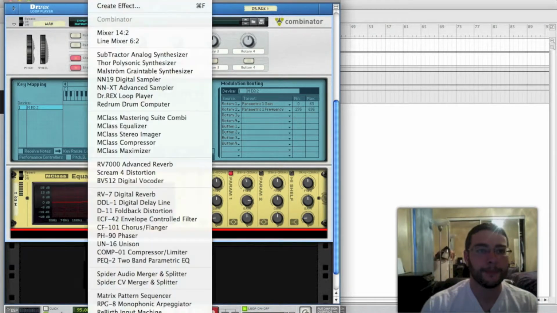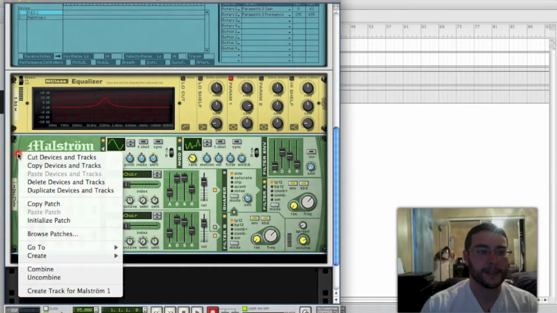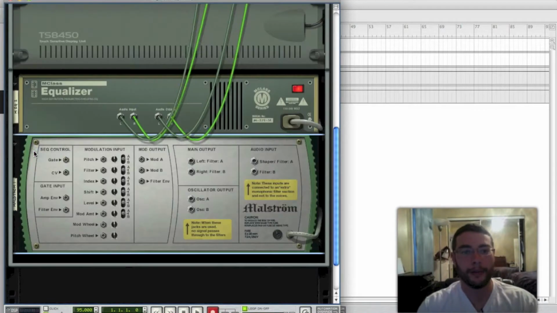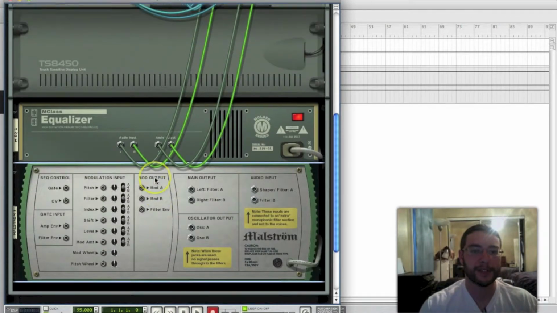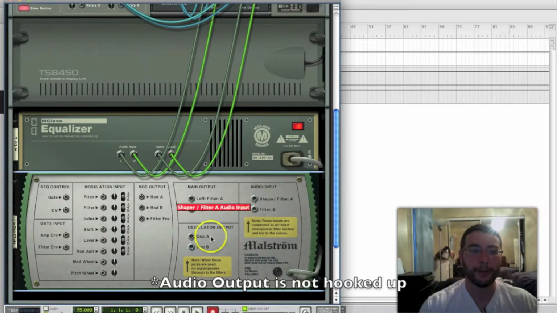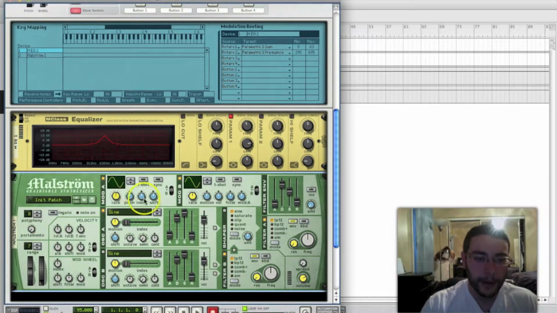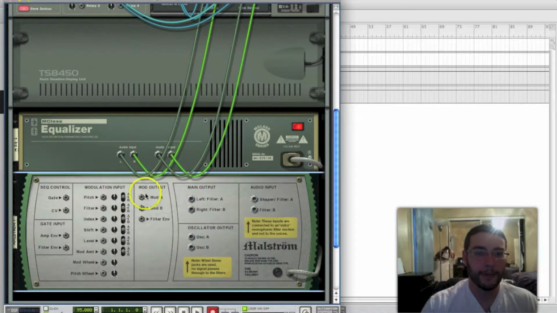And in Reason, I'm going to use a Maelstrom device for this. The Maelstrom device is actually a synthesizer, so normally it generates sound, but we're not going to generate any sound out of it. You can see back here the audio input is not hooked up. Instead, we're going to use the two LFO sections, actually just one of them, Mod A and Mod B, and we're going to take the Mod A output, which is not sound, it's a signal that can control other